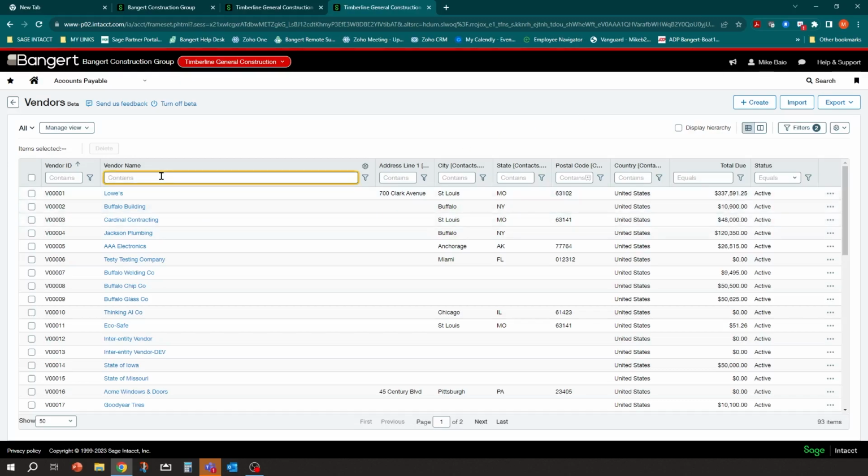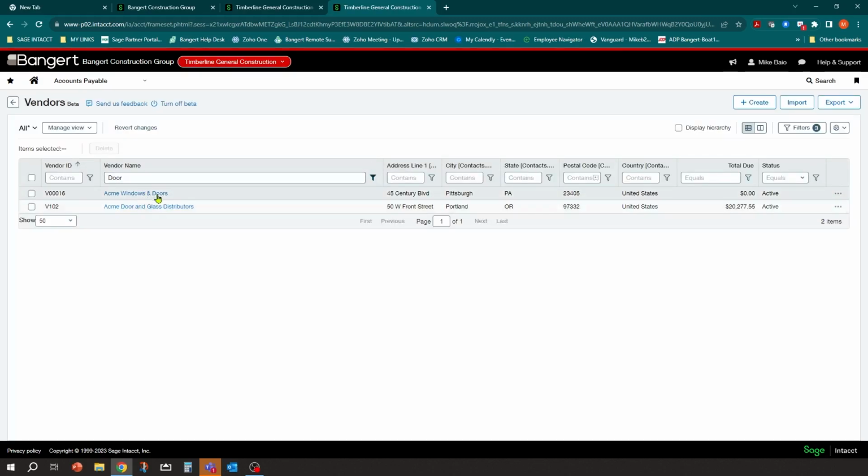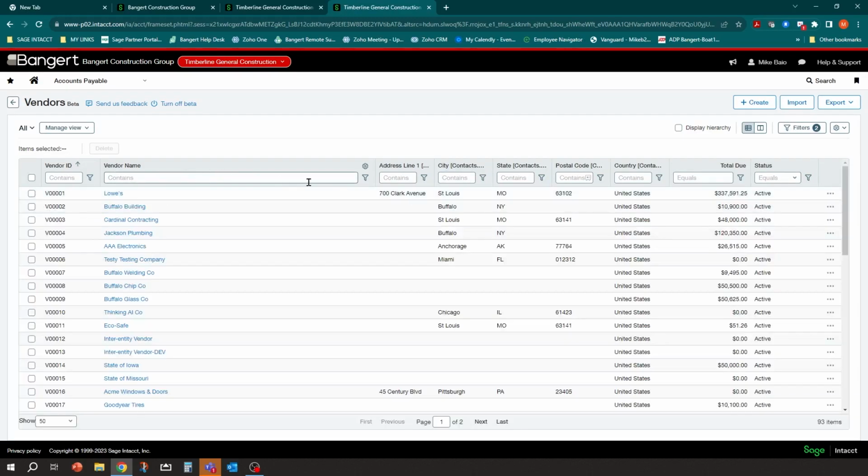Now, if I want to search on "door" in the vendor name, I don't have to do anything. This search now says "contains," so I can just type in "door," and that's going to do what I needed a percent sign for before. The other thing they've done is really enhance the capabilities for each column. Right in the column, I can hit the filter button here and say "starts with." So if I still want to do starts with "door," I can do that right here.